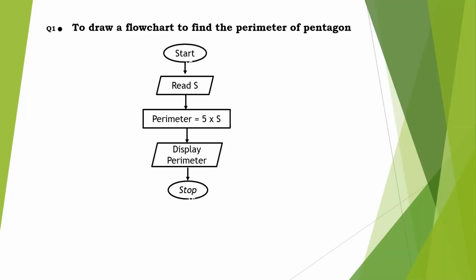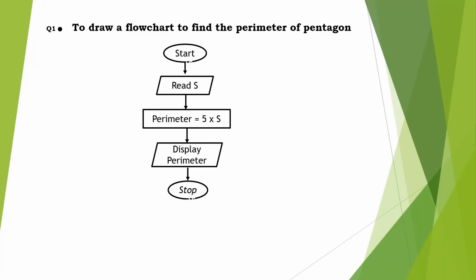Here's a flowchart question: draw a flowchart to find the perimeter of a pentagon. You have learned this in your lower classes. Perimeter of pentagon, hexagon, octagon, all these have been learned in your lower classes, isn't it? I came to know from your maths teacher. She told me such information, and because of her information I could cover so many flowchart questions on different maths questions. So the perimeter of a pentagon is equal to 5 into side. That is the formula for calculating the perimeter of a pentagon.